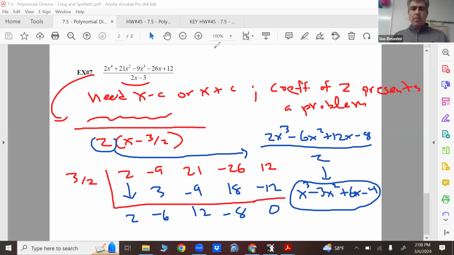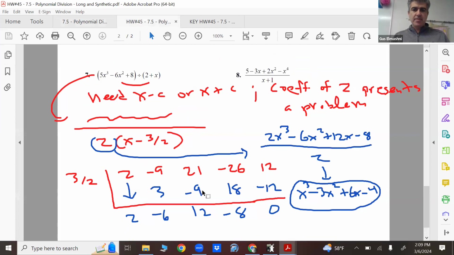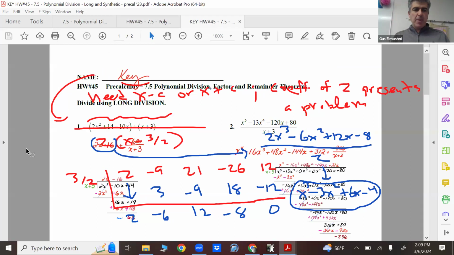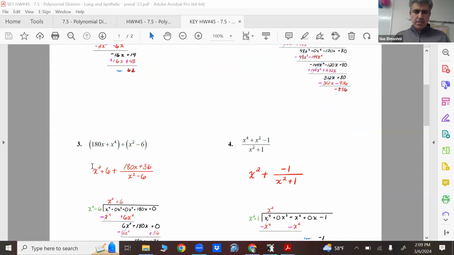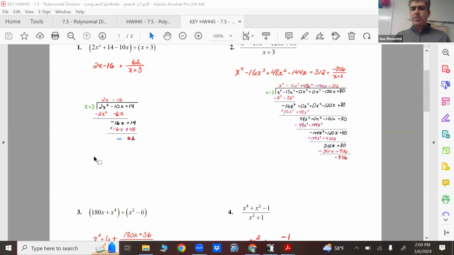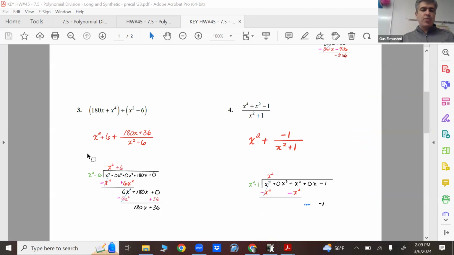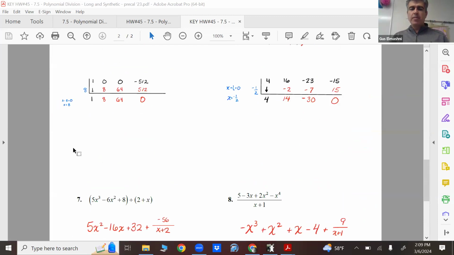So, okay, homework is right here. Just work on it. And the answer is already posted too. Let's see if any problems seem unreasonable, because I don't want you guys to keep doing crazy stuff. So I'm going to update the homework, guys. You can do 1 and 2 using synthetic. Just do long division for 3 and 4. Okay, for 3 and 4 do long division. Feel free to do synthetic for